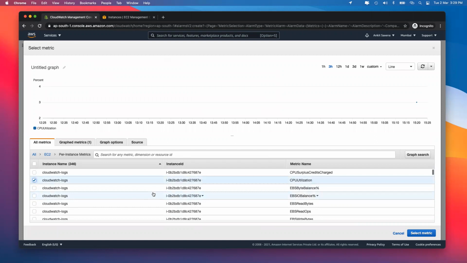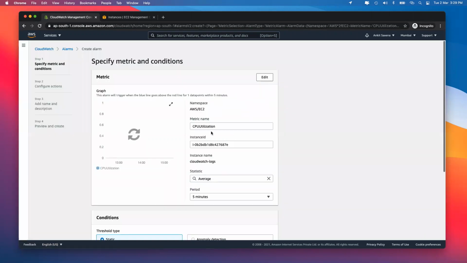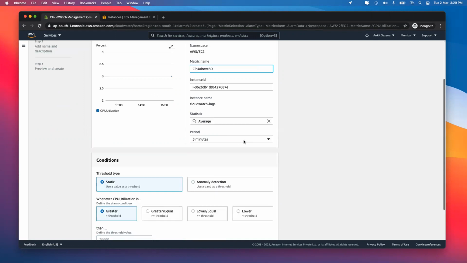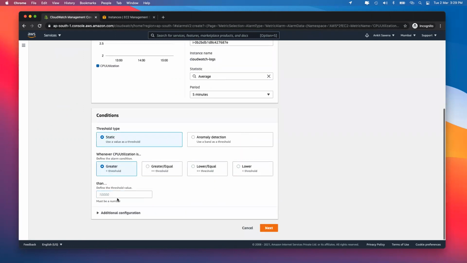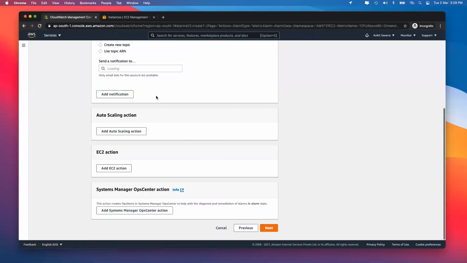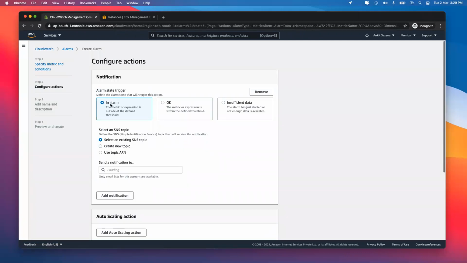The moment I click on CPU utilization, I'll select the metric, and let's say we make it CPU above 80 for that instance ID, and whenever it goes more than 10%. In that case, I'll click on next over here. There are three states over here.